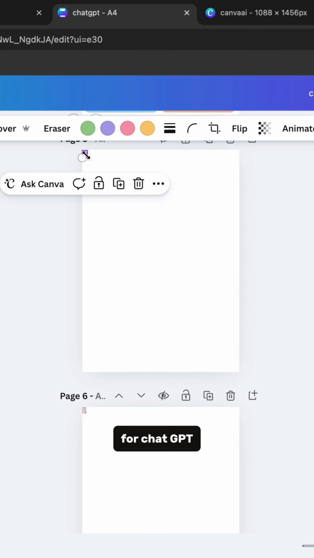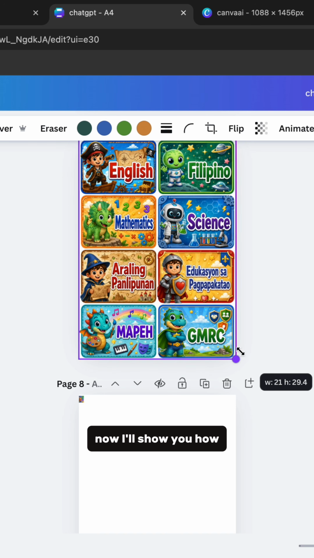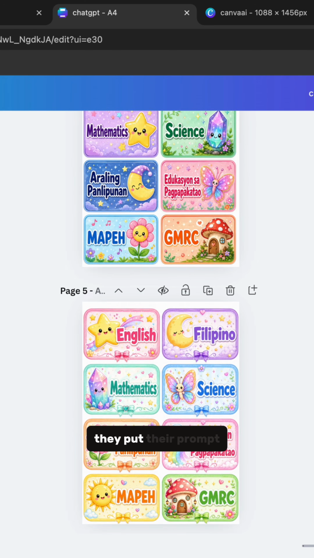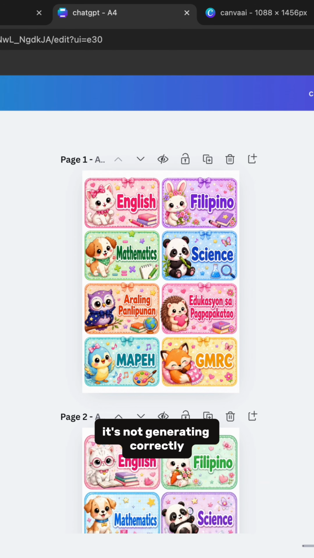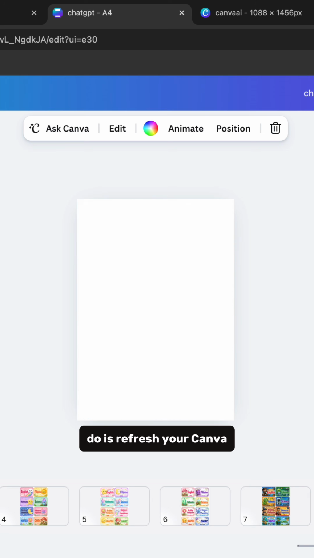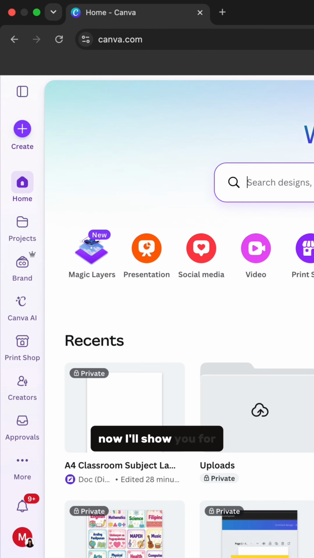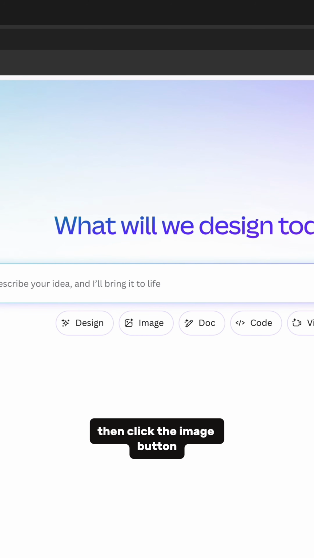That's for ChatGPT. Now, I'll show you how to generate using Canva AI. Actually, I received messages that when they put their prompt, it's not generating correctly. So what you need to do is refresh your Canva account, then go to new chat and add again the prompt. Now, I'll show you for the Canva AI, click the Canva AI button, then click the image button and